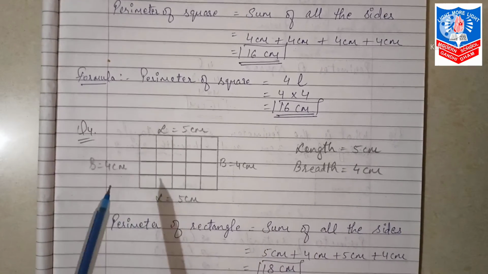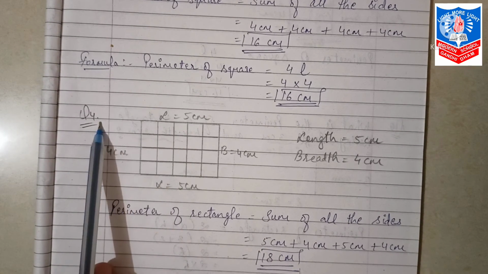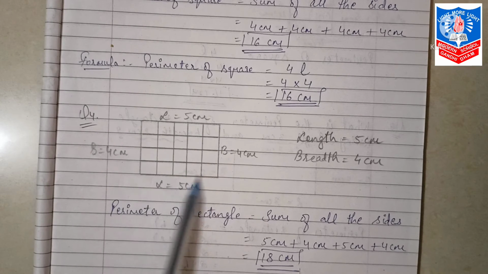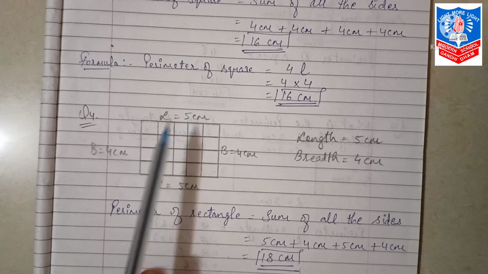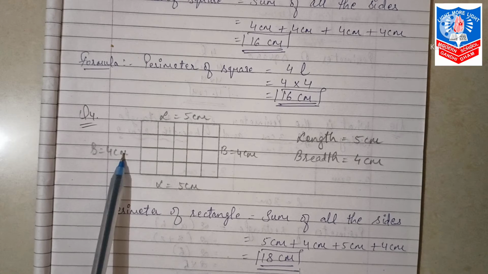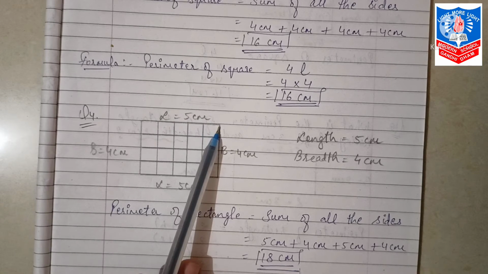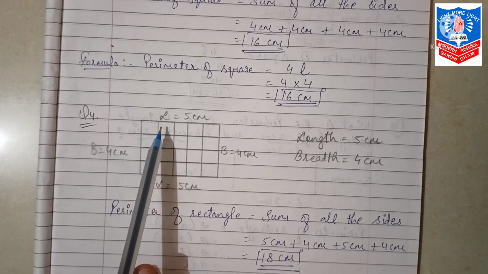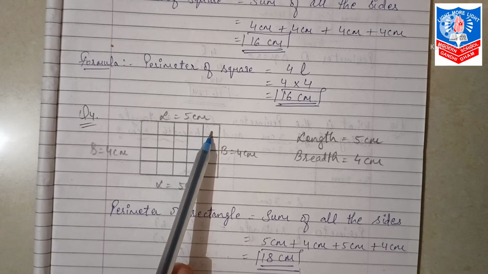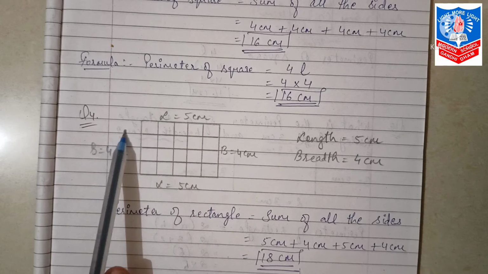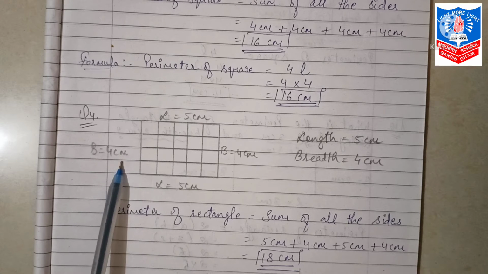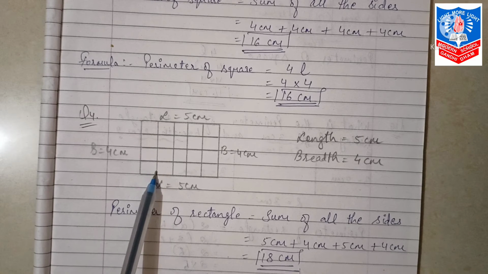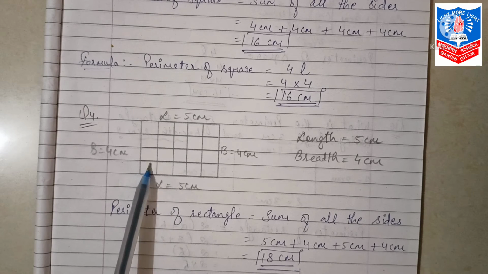Next, fourth question. Again, you have to find the perimeter of a shape. Now you can see, children, this is a shape of a rectangle, as both the length and breadth are not equal. Length is 5 centimeter and breadth is 4 centimeter. कैसे पता पड़ा? Count the boxes. 1, 2, 3, 4, 5. Length is correct, 5 centimeter. But over here breadth is not 5 centimeter. It is 4 centimeter. एक box कम है हमारे पास. Count. 1, 2, 3, 4. Okay. So it is a shape of a rectangle.